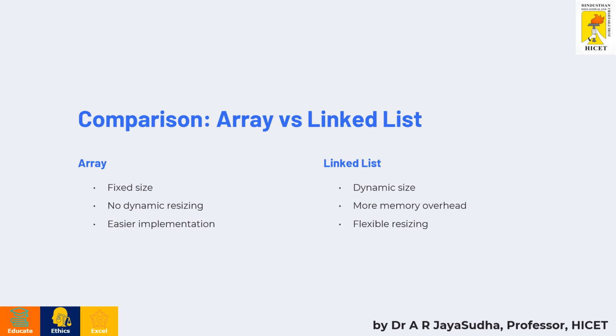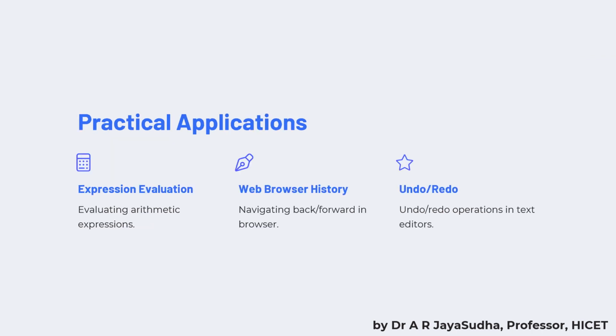Arrays typically offer better memory efficiency due to contiguous memory allocation, while linked lists may incur higher memory overhead due to pointer storage. So arrays and linked lists offer distinct advantages and trade-offs in terms of access time, insertion, deletion, efficiency, and memory usage. Choosing between these structures depends on the specific requirements and constraints of the application, with arrays being suitable for cases requiring random access and memory efficiency, whereas linked lists are preferred for dynamic size adjustments and efficient insertion and deletion operations. So, having compared two popular data structures, arrays and linked lists, examining their strengths and weaknesses and common